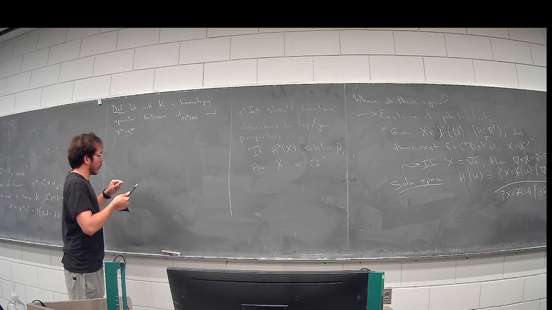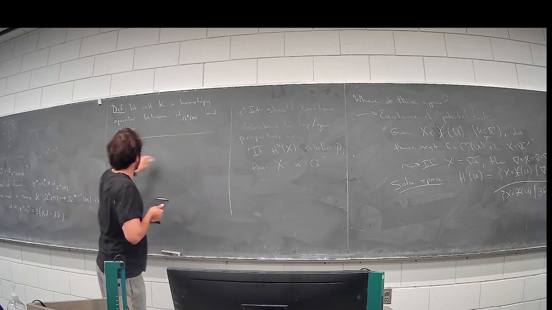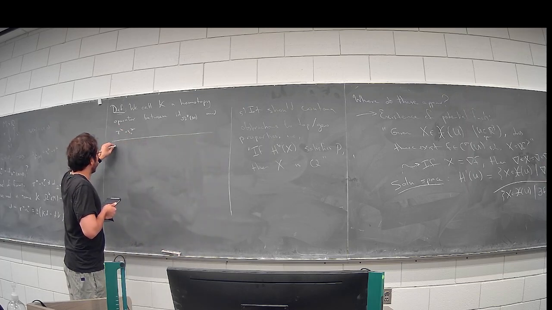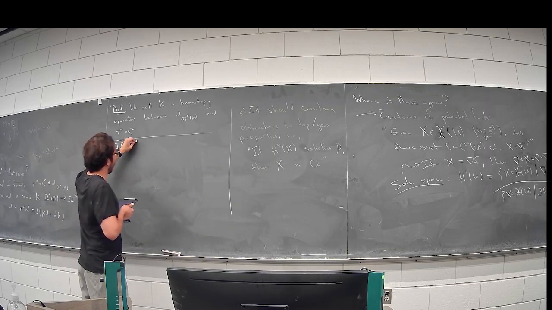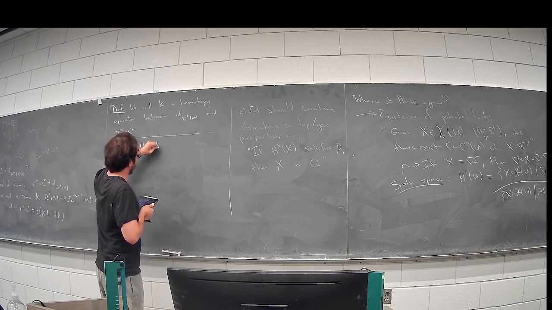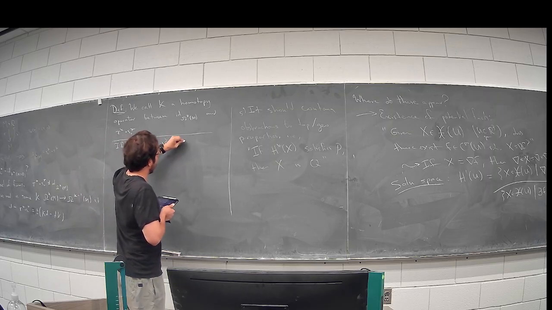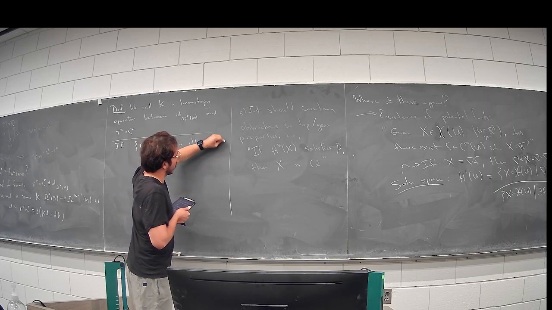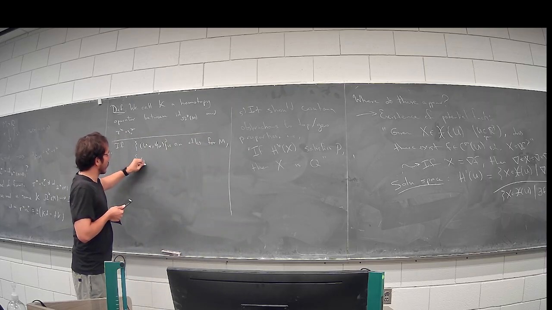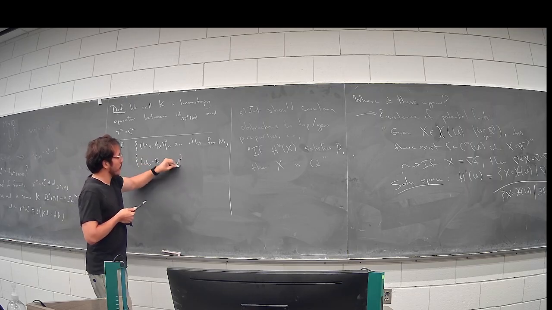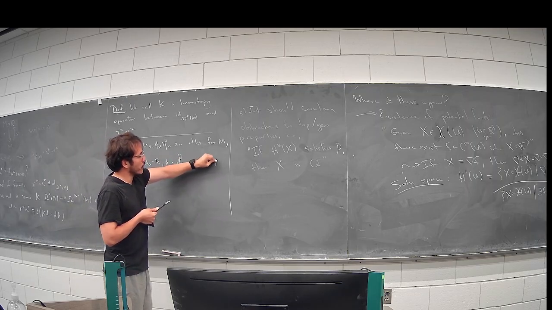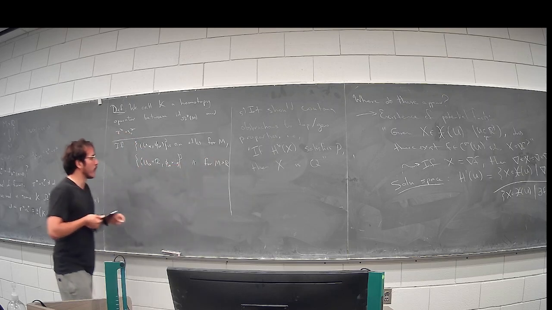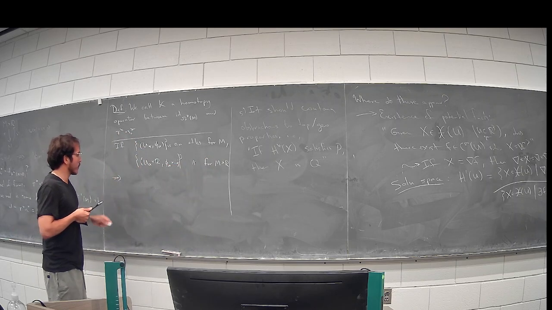Okay, so our goal is to find this homotopy operator between these two, and I'll give you the formula. Actually, I'll motivate it a bit. If I have an atlas U alpha, phi alpha for M, then an atlas U alpha cross R, phi alpha cross identity, is an atlas for M cross R. So locally, all my forms, we better check this,